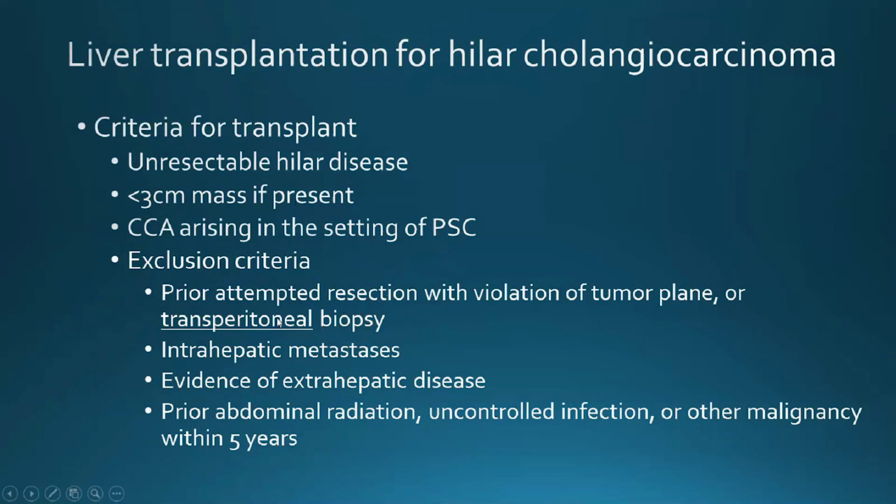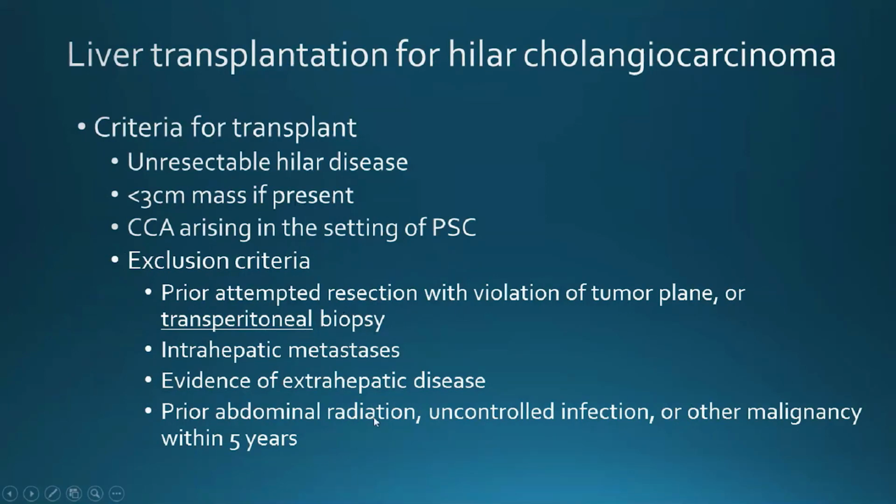Otherwise, any biopsy from outside, let's say through endoscopic ultrasound, finding the tumor and passing a needle from outside, can make these patients not a candidate for transplantation. If there is intrahepatic metastasis or evidence of extrahepatic metastasis, again, these are exclusion criteria,